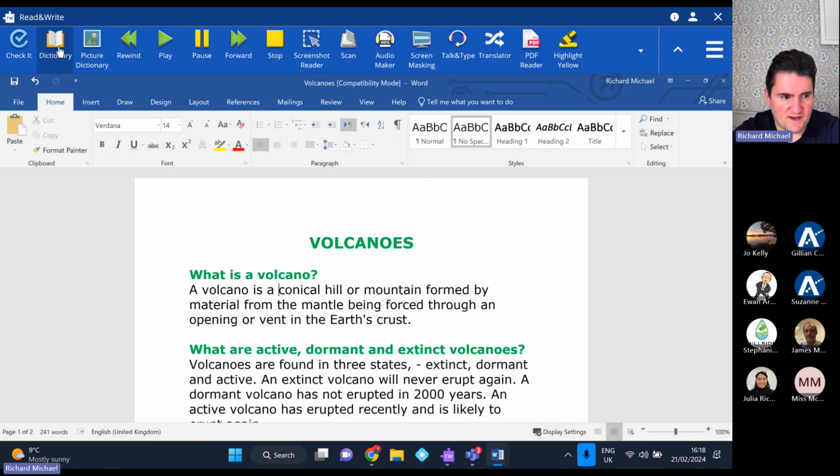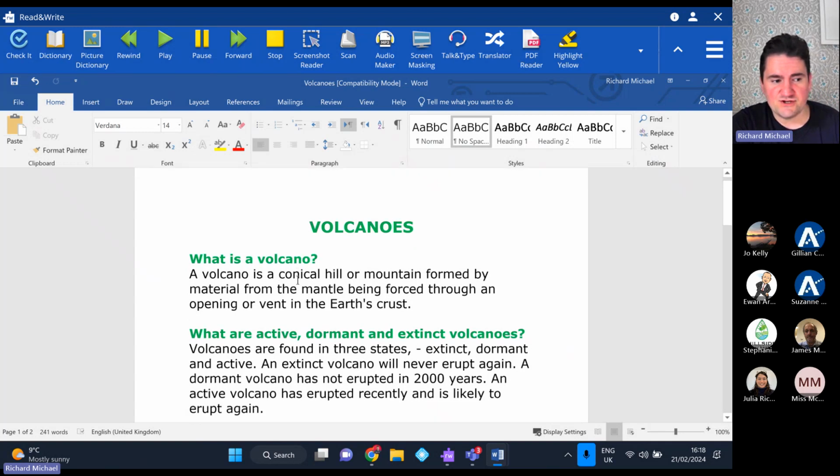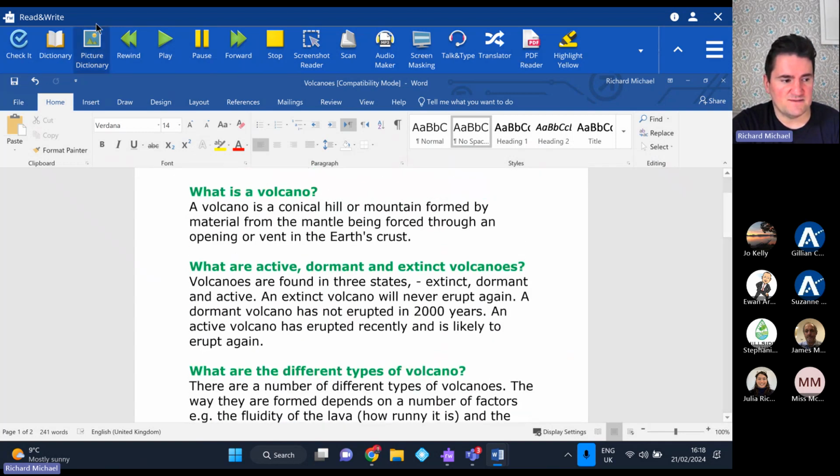Combining the dictionary and the picture dictionary, one of my favorite tools within Read and Write is the vocabulary table. This probably takes me back to whenever I was a teacher and used to spend a lot of time, far too much time thinking back on it now, creating keyword lists and vocab lists to introduce students to brand new topics. If a student's reading through a document like this with the support of Read and Write, and they highlight